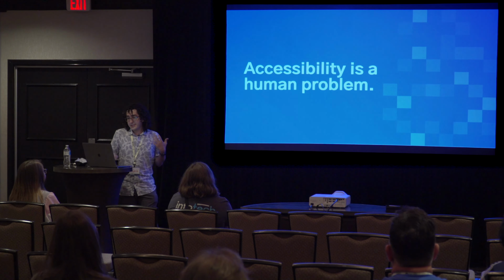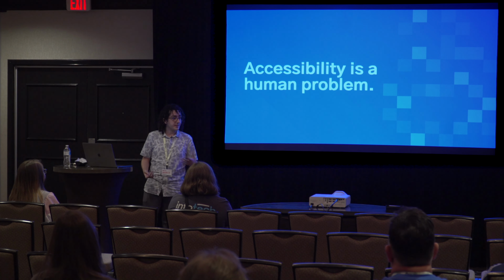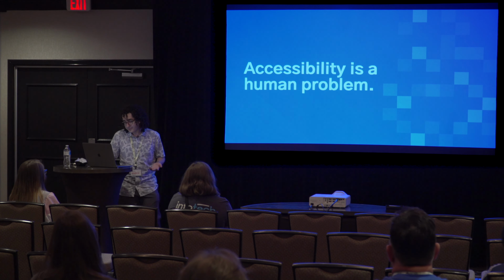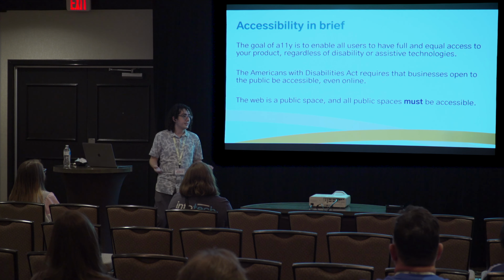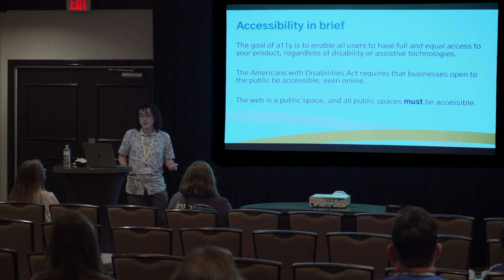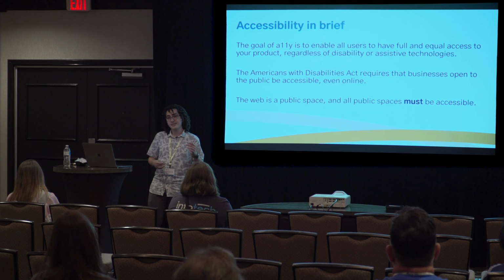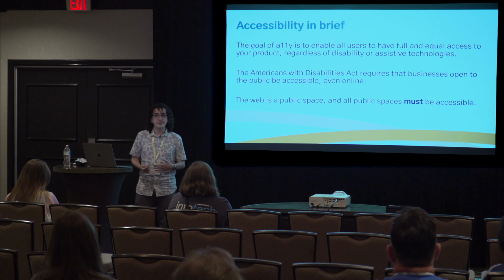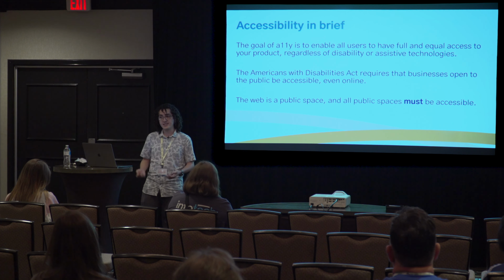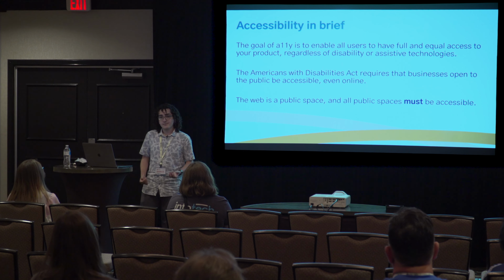So to get started, I want to paint a picture for you of the current situation and why accessibility is ultimately always going to be a human problem, right? Accessibility doesn't just mean that your site or your product is screen reader friendly. The goal is to enable all of your users to have an equal experience, not an equivalent experience, but equal access. There are lots of different assistive technologies and a lot of different disabilities that affect how somebody can interact with your products. And this goal is really important because, well, it's required of us, right?